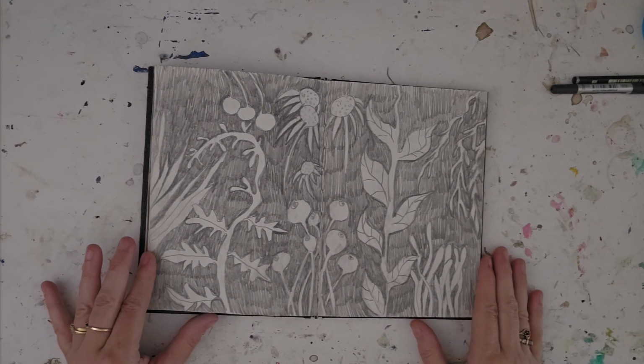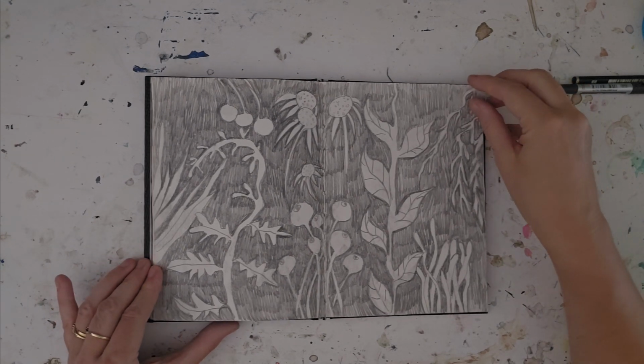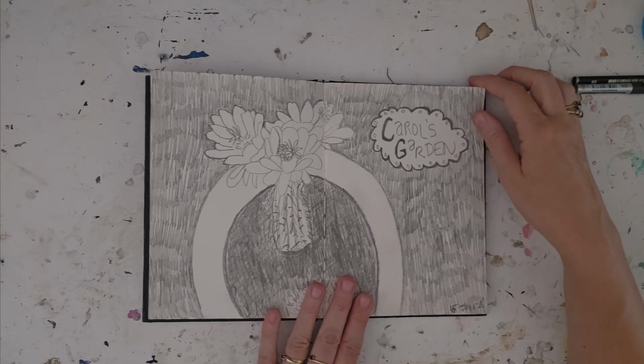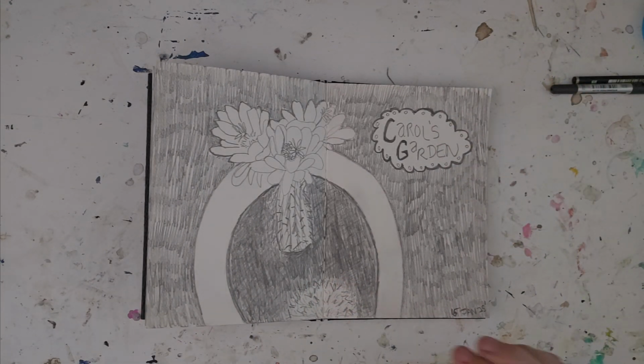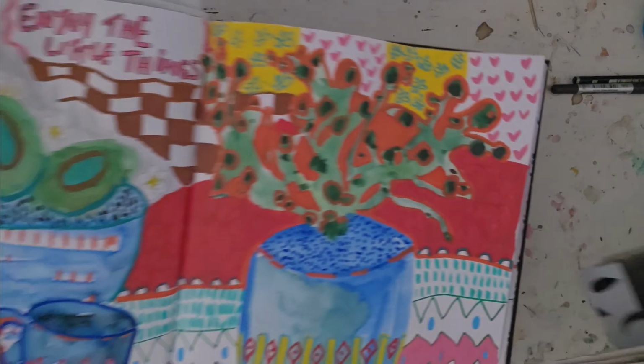Yeah, and it's just graphite pencil, and just felt like doing some garden scene. So I did that one. And then this is Carol's Garden again. This is what I did first, and then from this sketch, that's the one that inspired